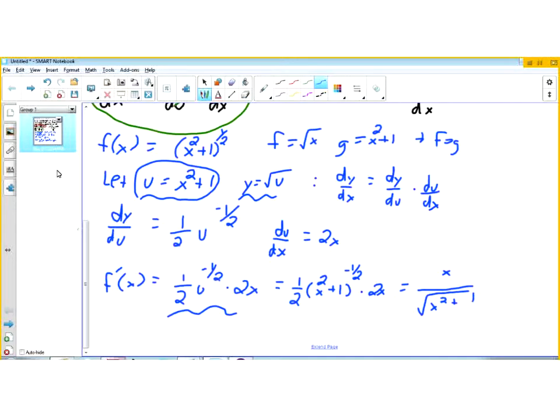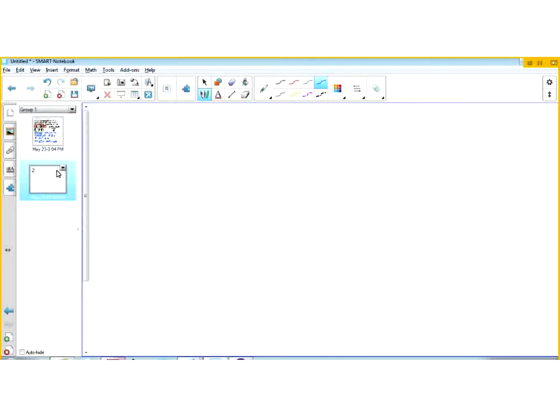So we'll just work through a number of examples. Next page. How about we calculate the derivative of this function? y is equal to the sine of x squared. Again, we have y is equal to the sine of u, and then we let u be equal to x squared. And so the derivative, y prime,